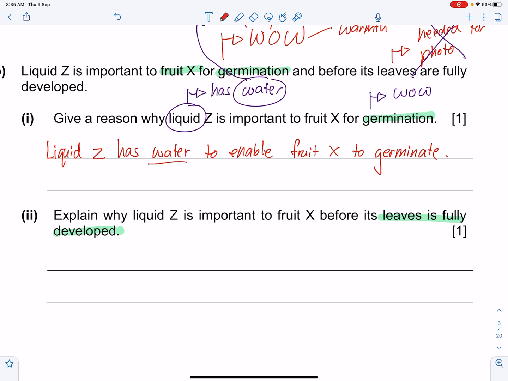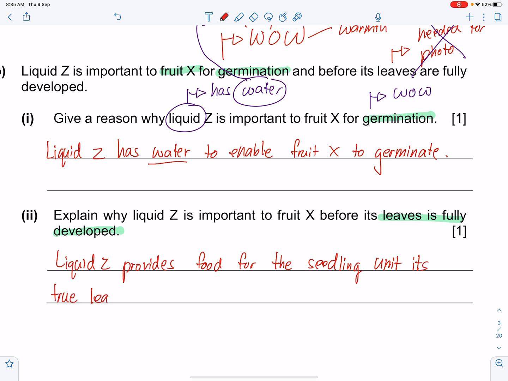So therefore, liquid Z provides food for the seedling until its true leaves have appeared